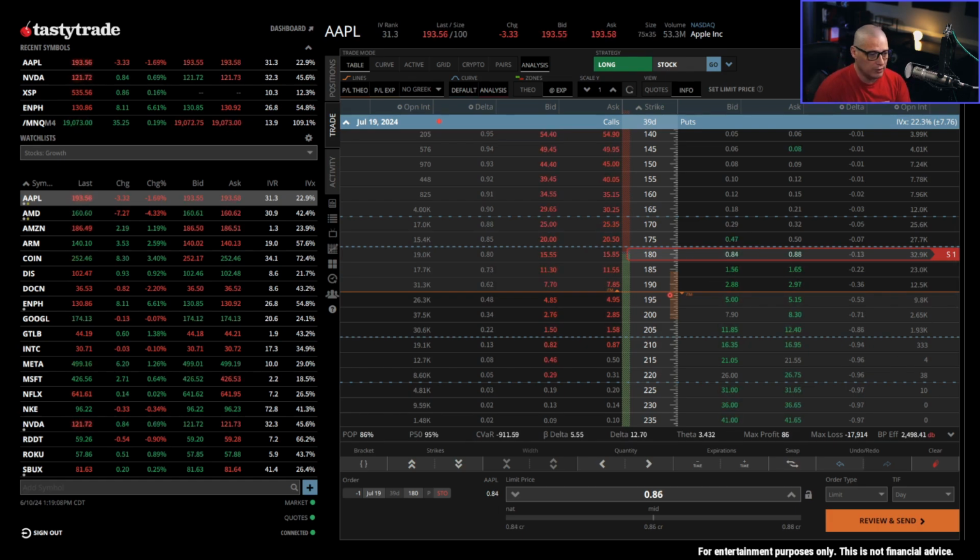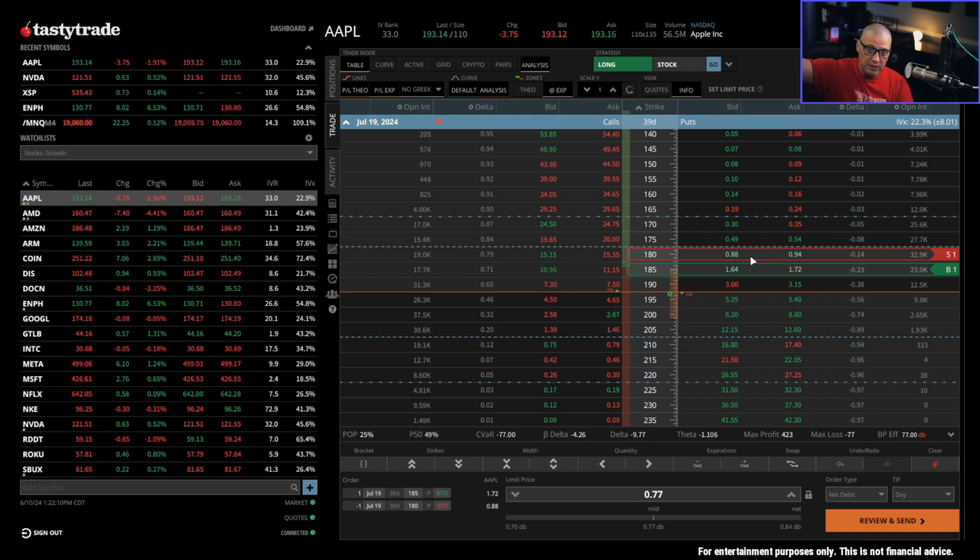even more long deltas. So what I might do, instead of just selling the naked put and receiving like a 90-cent credit, what I could do is I could also buy a put. Now this creates a put debit spread, which is a bearish strategy. And if I just wanted short deltas, if I just wanted to actually reduce my number of deltas, then putting on a put debit spread would actually reduce my overall portfolio